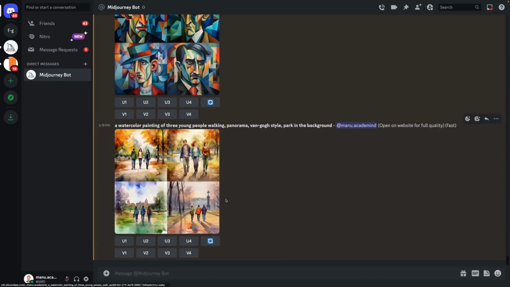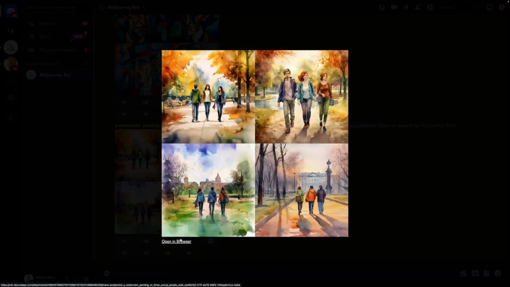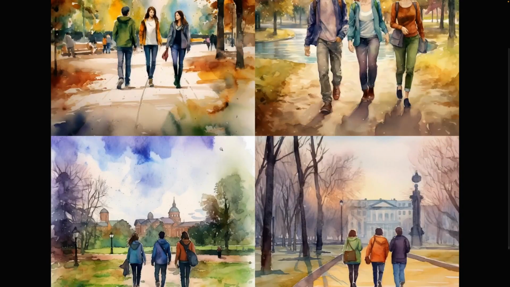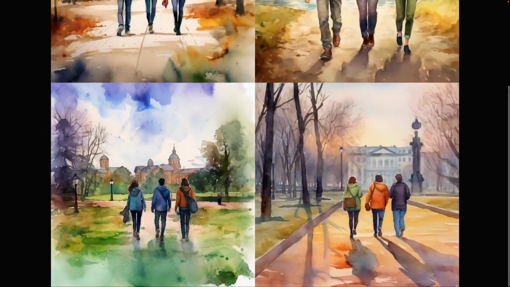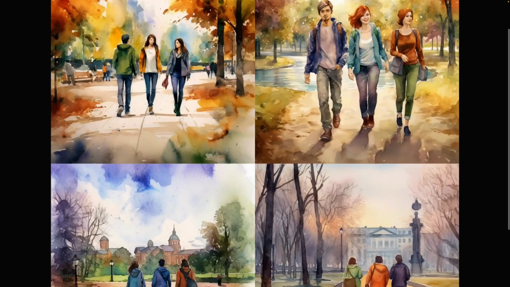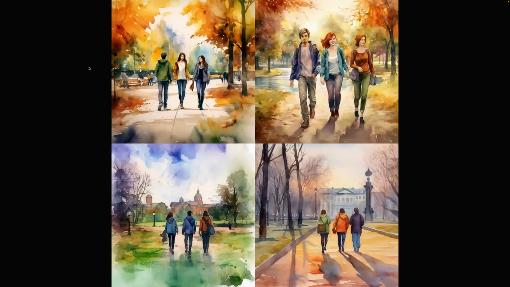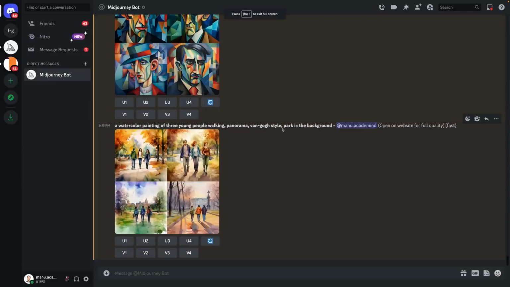And here we see now that this didn't work as intended, I think. Once again, I'm not a big Van Gogh expert, but I think that's not the typical look of his images. The problem here is that it understands the Van Gogh style, but with our watercolor painting, we kind of contradict this style that we want to have.